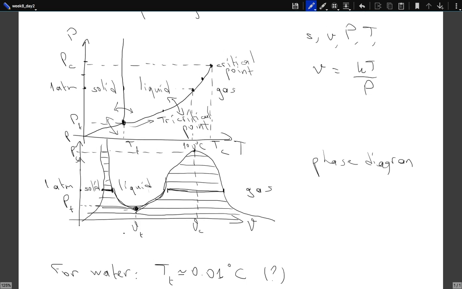Now there's, of course, one question we can ask. Well, how do we calculate these lines? Can we calculate them or relate them to some other properties? By the way, before going, you see, these are basically the objects that we see. Water has such a phase diagram. In the book you have the argon, which has a similar phase diagram. But if you have some phase transitions at very low temperatures, then their behavior also changes, because now you have quantum mechanical effects.